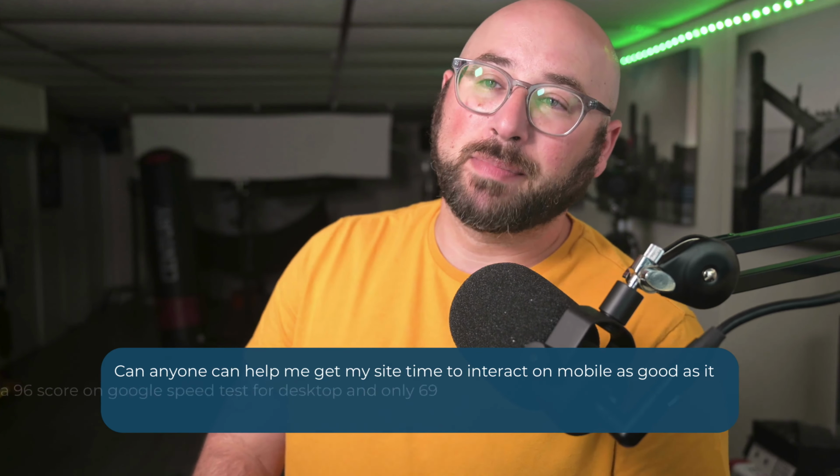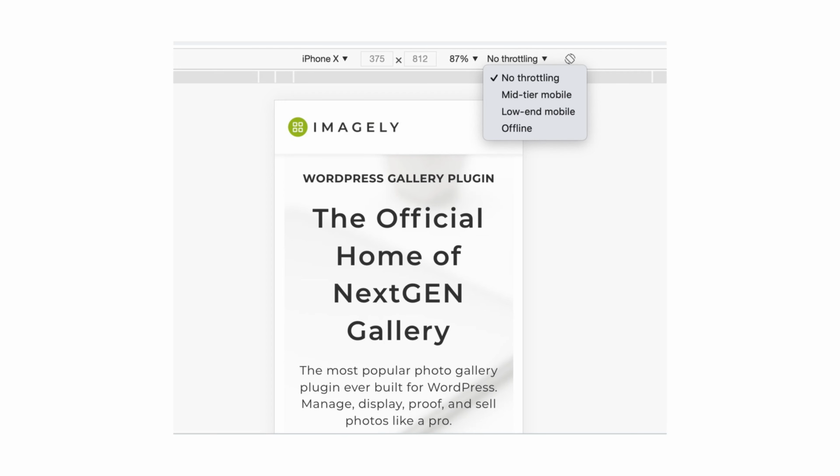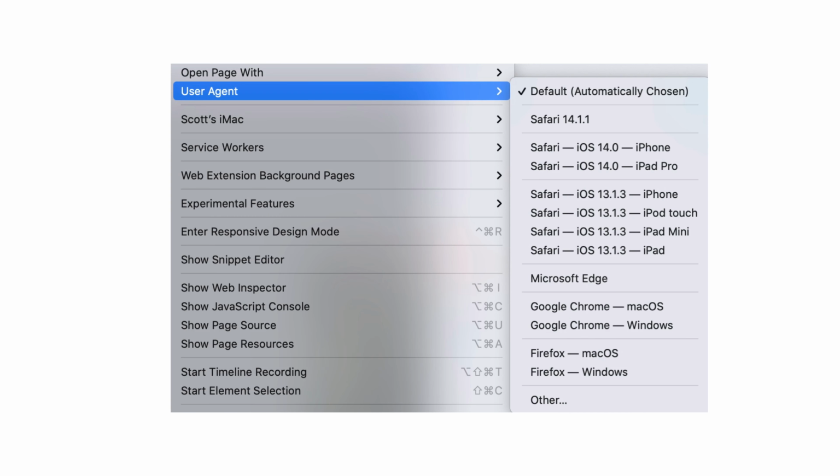So the first thing to think about, before we even dig in to the technical parts of this, is that Google is using their virtual browser, basically. If you are using Chrome, you can actually specify Chrome to act as a specific device with a specific internet speed. Or you can even have it act as a mobile phone or a mobile tablet on a specific internet speed. The reason for this is because if you're on desktop, on a laptop, on a Chromebook, on a Windows machine, whatever it is,